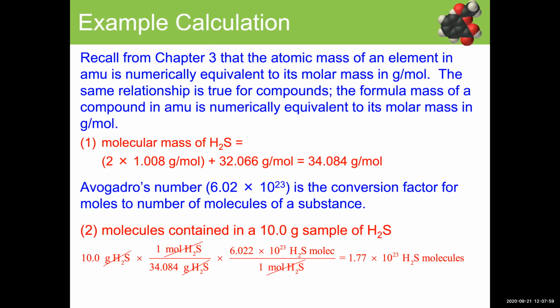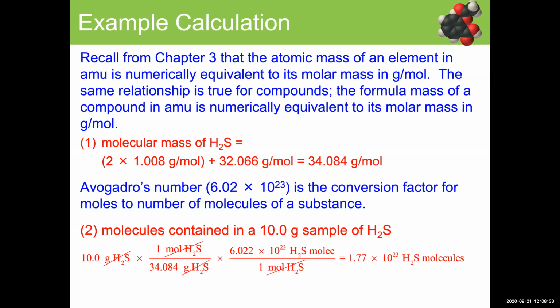That total would be 34.084. So here we see 2 times the atomic weight of hydrogen, which is 1, plus 1 times the atomic weight of sulfur, which is 32. And that gives us our final molecular weight of 34. We said that we wanted to find out how many molecules that was. So we know that